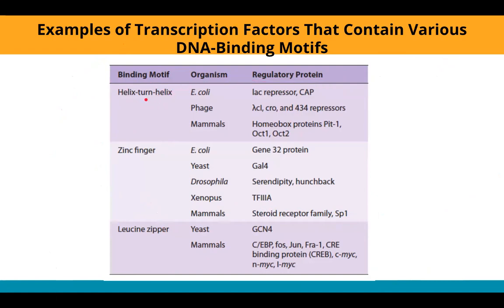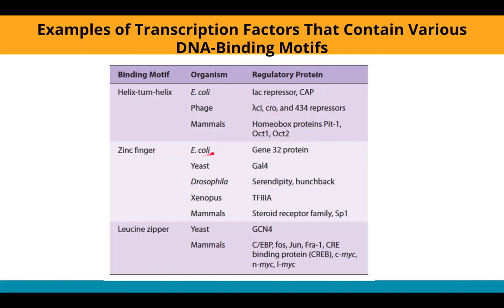For helix-turn-helix, examples of proteins: from E. coli, we have the Lac repressor, which is involved in the Lac operon, and the CAP, which is also involved in the Lac operon. For phage, we have the lambda cI, the Cro, and the 434 repressors. For mammals, we have the homeobox proteins Pit-1, Oct-1, and Oct-2, which are involved in